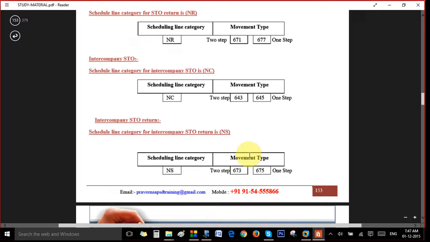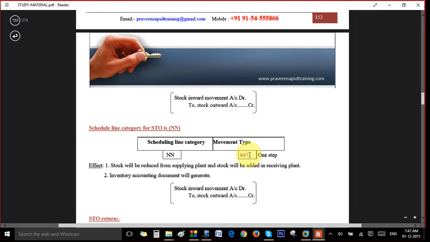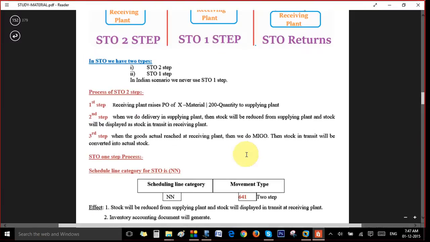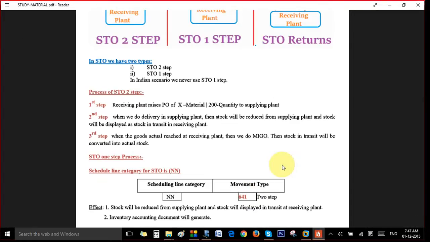And here a simple thing to remember for what is one step, because this is a little confusing, 641 and 647. For one step there will not be one here, 647 actually, and for two step it is 641. Why? Because 641, 647 is confusing, for which it is one step and for which it is two step.